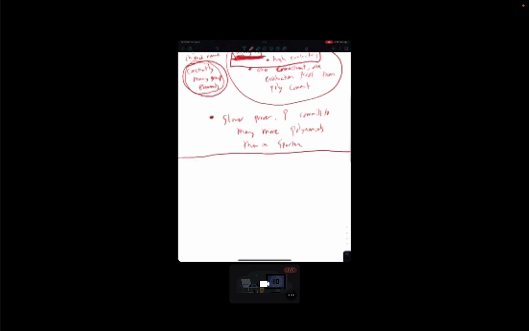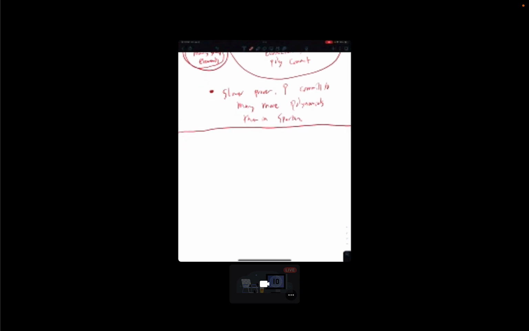Let me pause here and see if anyone wants to ask any questions. Are Spartan and Marlin the only two IOPs for R1CS? For R1CS,